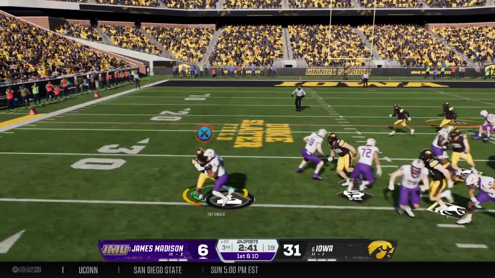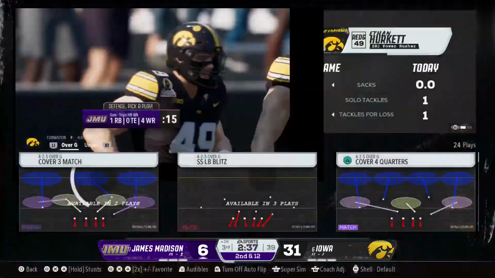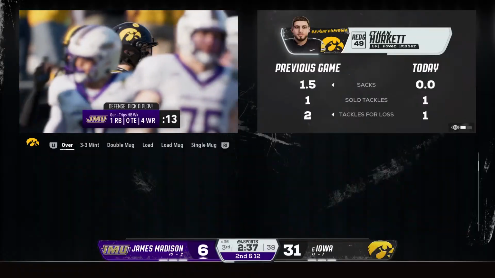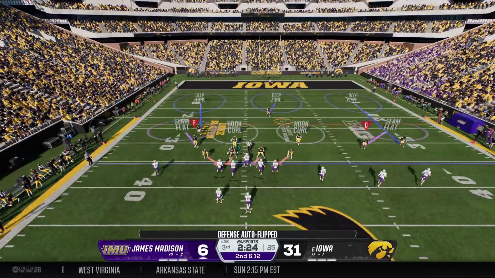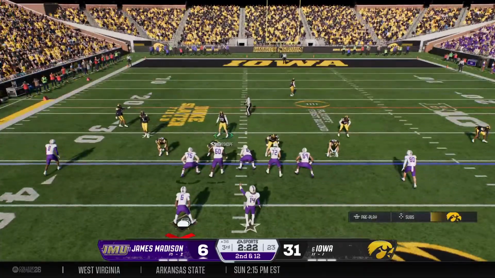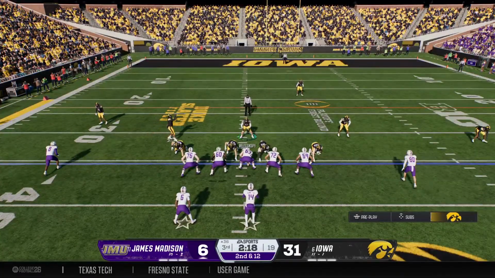He hands it off from the gun. Some hard running there through a tackle. Tackled behind the line. It's a loss of 2. Well, if somebody talks about a play being blown up, this is a great example of that. That's exhibit A for how to be physical on defense.